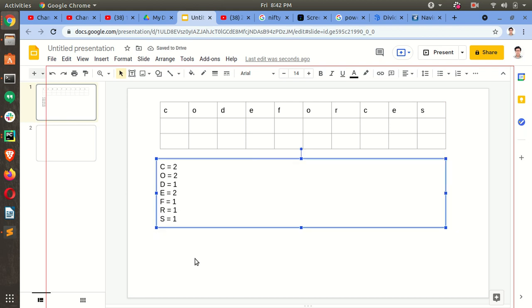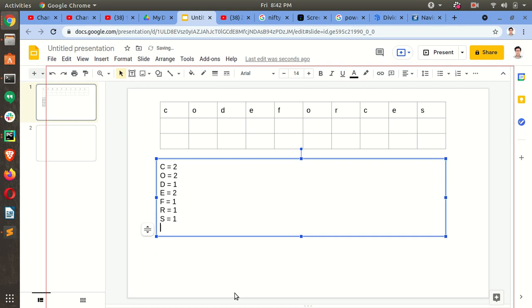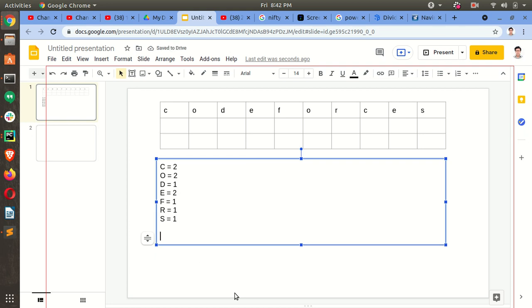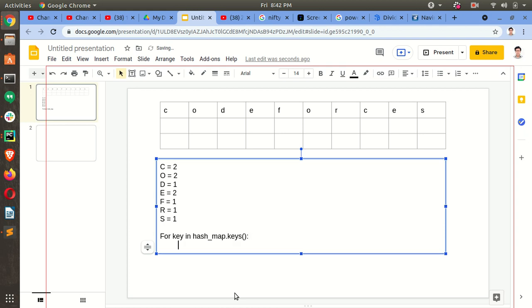Now we iterate for key in hashmap.keys(). For all the keys we check the hashmap value for the key, which gives us the count.